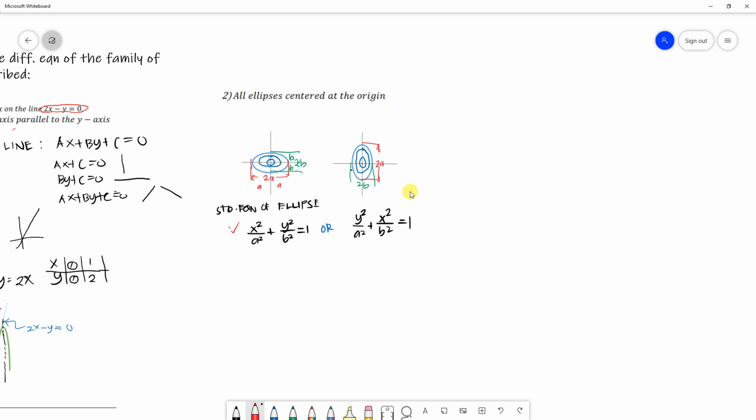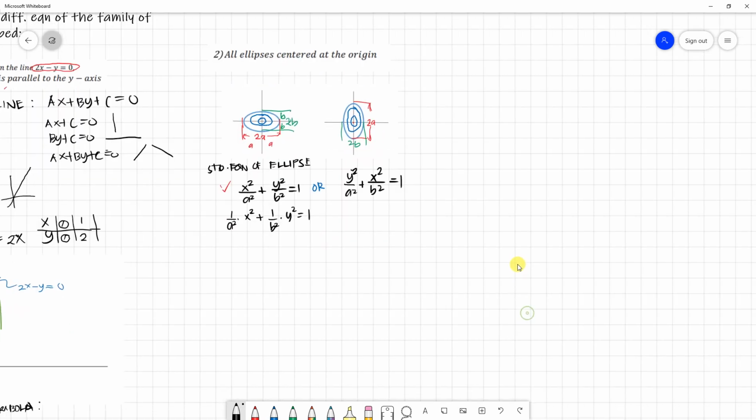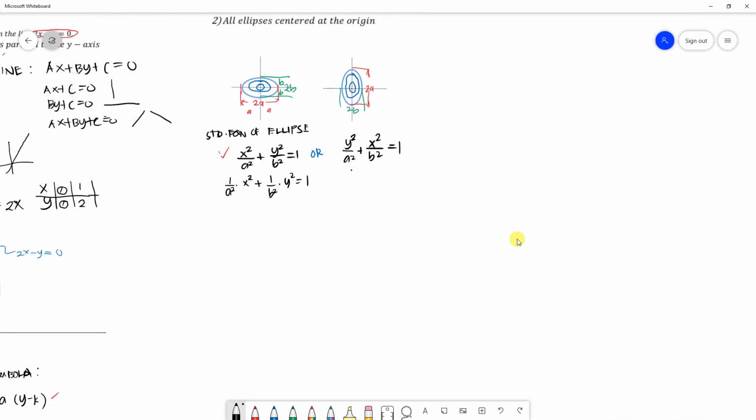Okay, so if I'm going to rewrite the equation, hiwalay ko lang yung constant kasi constant si A and B. So we can write 1 over A squared times X squared plus 1 over B squared times Y squared equals 1. So equal lang yan. So pag dinerive kasi natin yan, mas madali. So, yung derivative nito, if I'm going to get the first derivative of the equation with respect sa x, so,